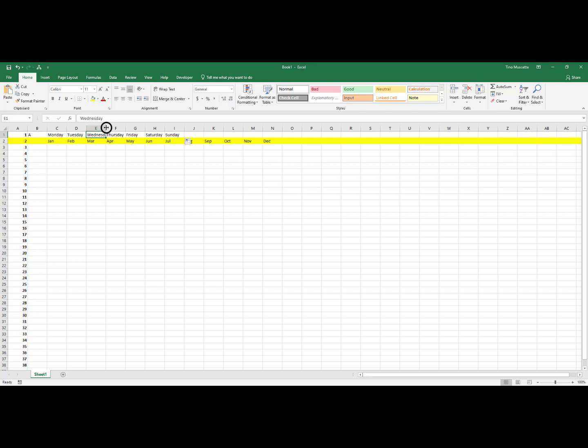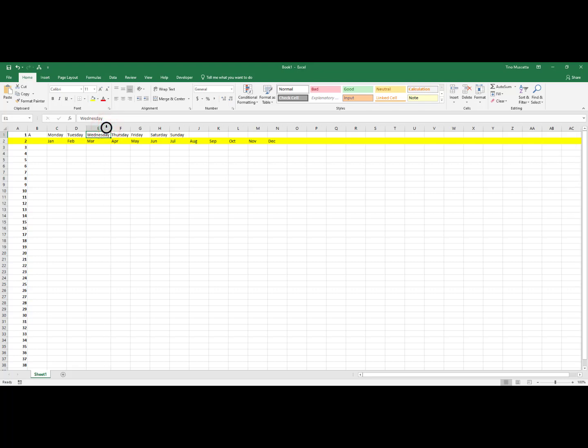So in this case, we have Wednesday and March, M-A-R. Wednesday is the largest thing, so if I simply double click, it'll expand that column E out to the end of the Y in Wednesday. So I'll double click on it, and you can see it just pushes it out exactly that far. But if I undo that,